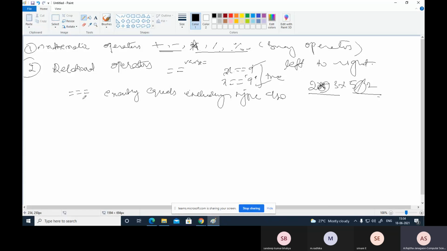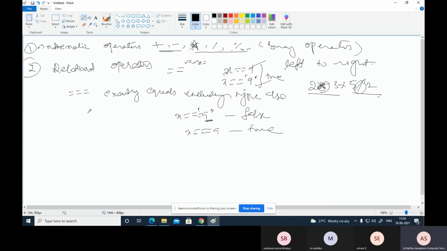But exactly means this is false, because 9 is an integer, a number, but here it is placed within quotes. So it is false. Suppose like this, it gives true.